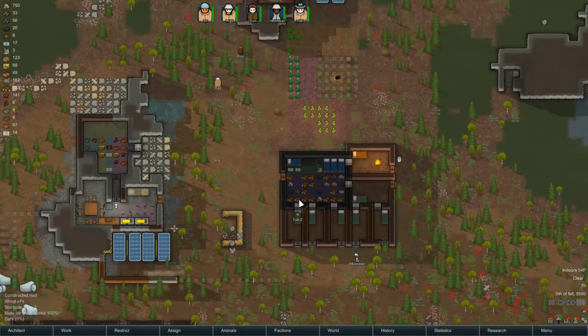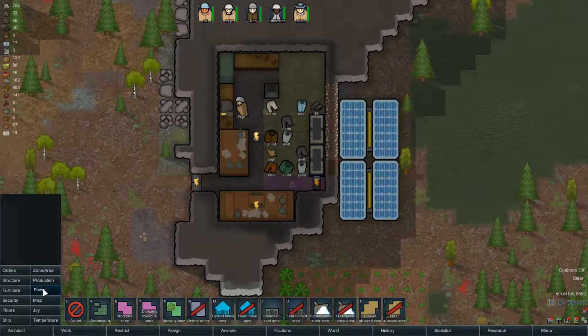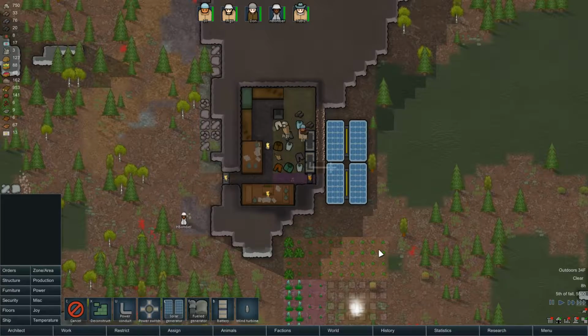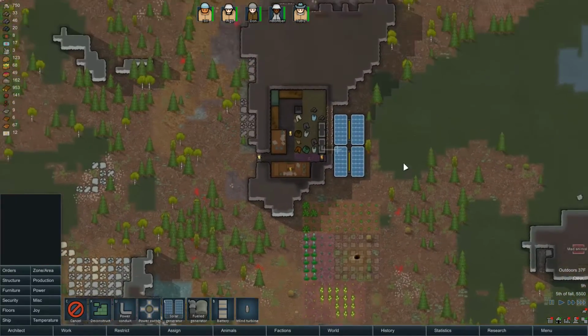Get that going, and then... Research, we gotta wait for this power. Wait. Maybe I know what's wrong. Power. Yeah, the conduit got blown up, that's why. I had it there and then I think something exploded. Something probably exploded. There we go, get that going. And then I'm actually gonna...